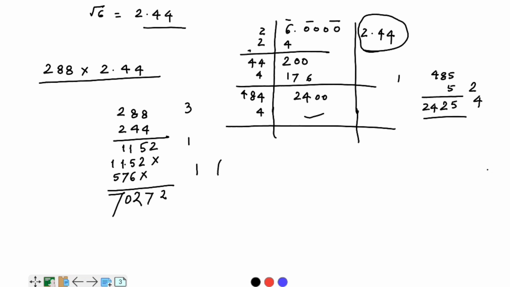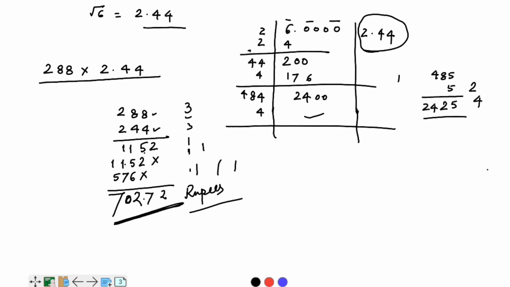Just a second, let us do it again. 4 8s are 32, 4 8s are 32 plus 3 is 35, 5 3s, 4 2s are 8, 3 is 11. Okay. Then again 1152. Then here 2 8s are 16, 6 1, 2 8s are 16, 1 is 17, 7, then 1 2 2 is 4, 1 5, 2 7 2, 1 7 3 10 0 1. 702.72. Okay. So this is our cost of polishing, 702.7.